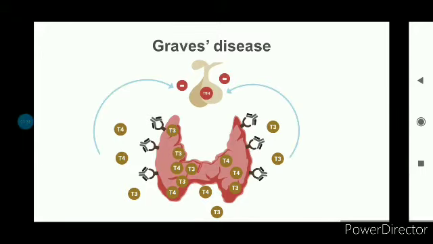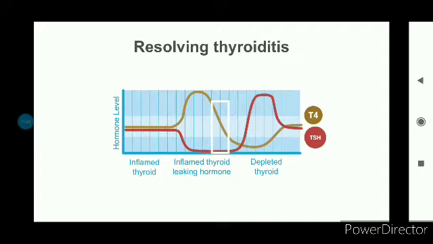This acts at the pituitary to decrease the TSH, which in early Graves' disease is able to regulate thyroid hormone production and maintain thyroid hormone levels in the normal range despite the increased stimulation by the antibodies. For patients with resolving thyroiditis, subclinical hyperthyroidism is seen once the thyroid hormone levels start returning to normal. The TSH is lagging behind. So if labs are checked during this time period, thyroid hormone levels will appear normal, but the TSH has not